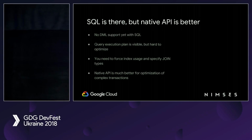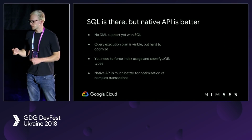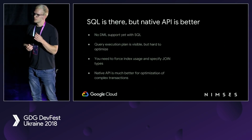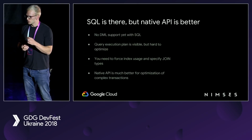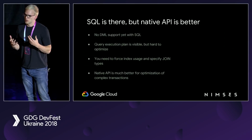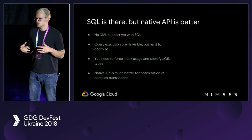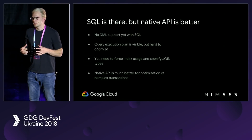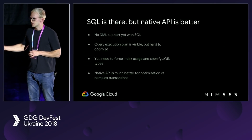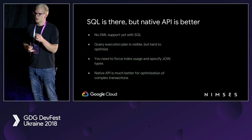Yeah. I would be happy to tell you, because we don't use the SQL in Spanner, because the SQL in Spanner is more about OLAP. Yeah, analytical. Analytics, I mean analytics. Yeah, and we are more doing the kind of transactional thing, and the transaction is expressed in Spanner in terms of the native basic operations like read this row, and mutate this row. And we are not using that, but when you're using the SQL in Spanner, you have to